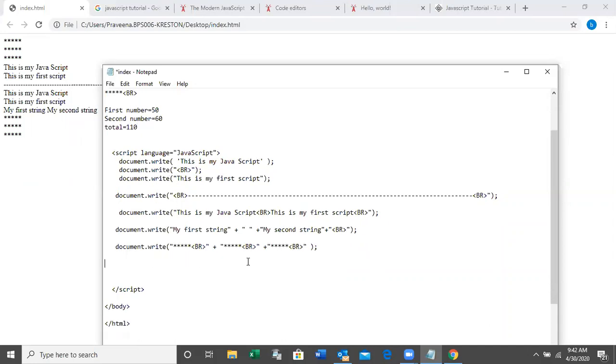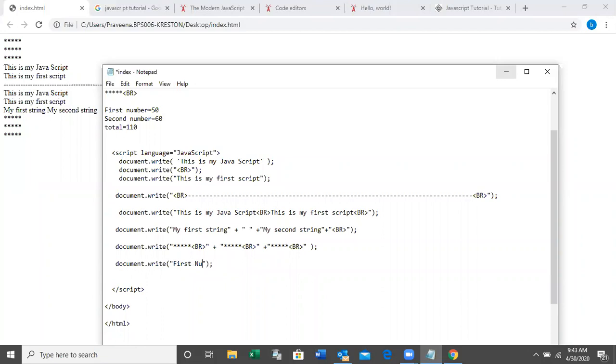So see here, document dot write, document dot write, my first number, right?